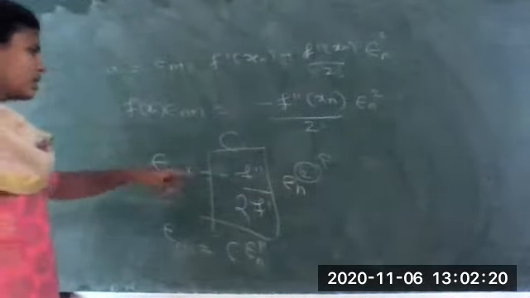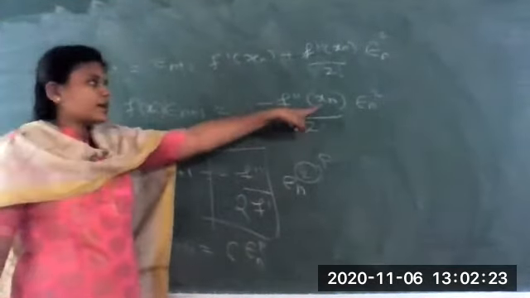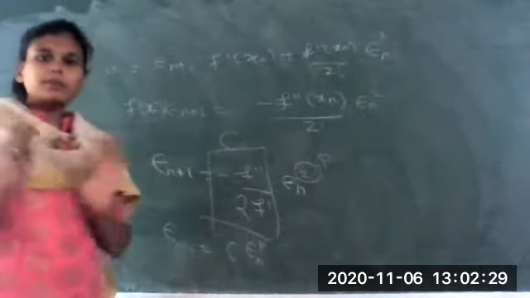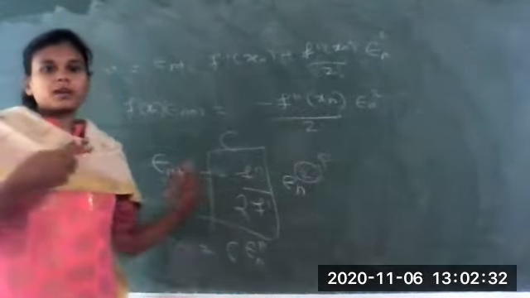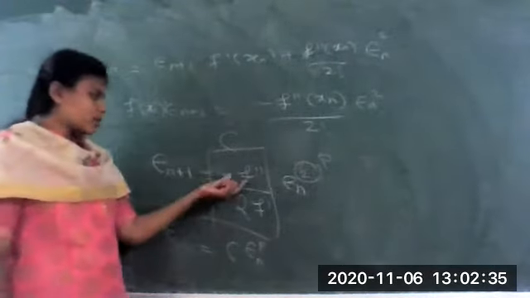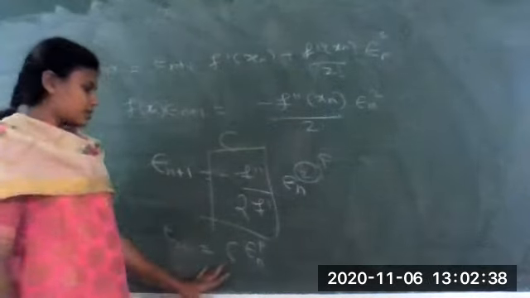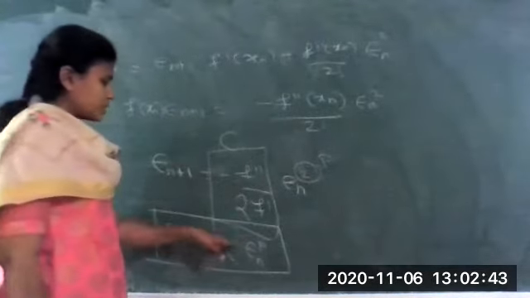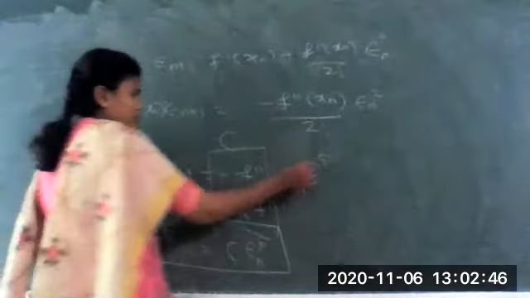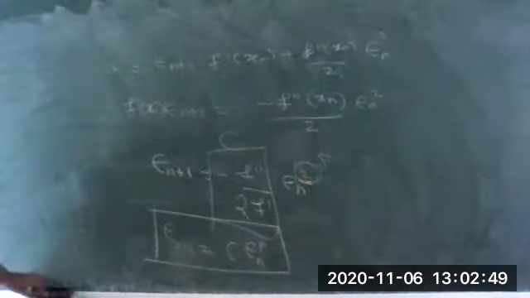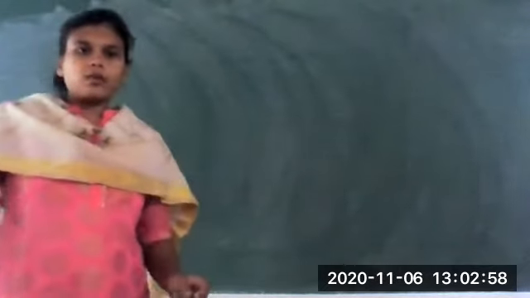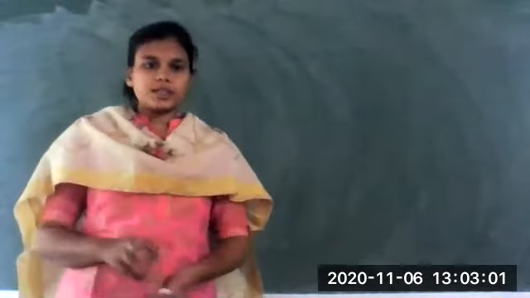Why do we call this a constant? Because the values of the function f are evaluated at xn, our nth approximate root, so we can find those values. Suppose we have found f of x5; that will be one constant number. After evaluating all those, it will be some constant number. So we are getting the relation between epsilon n plus 1 and epsilon n with some constant c and this power p, which we have got as equal to 2. Hence we can say the Newton-Raphson method has order of convergence 2. How have we derived this? We just use the Newton-Raphson method formula as well as the Taylor series formula.